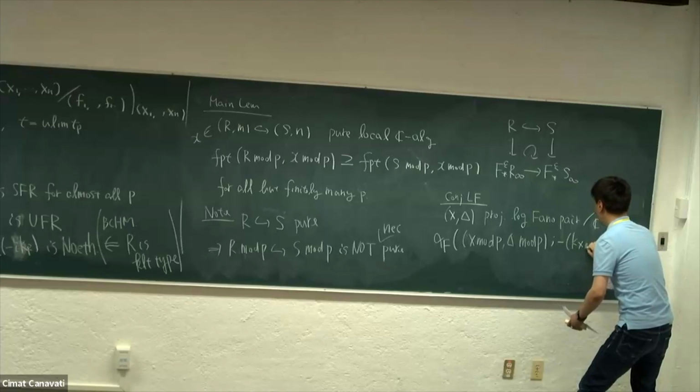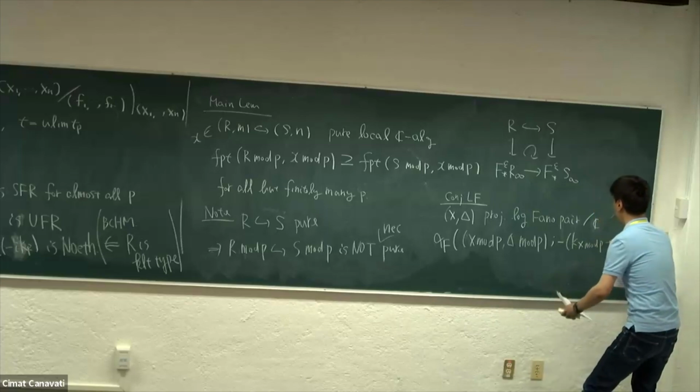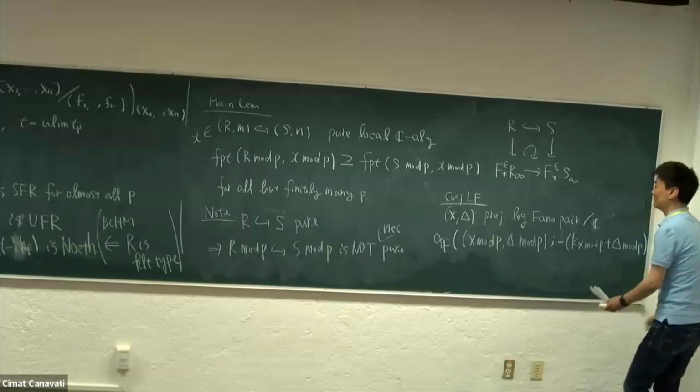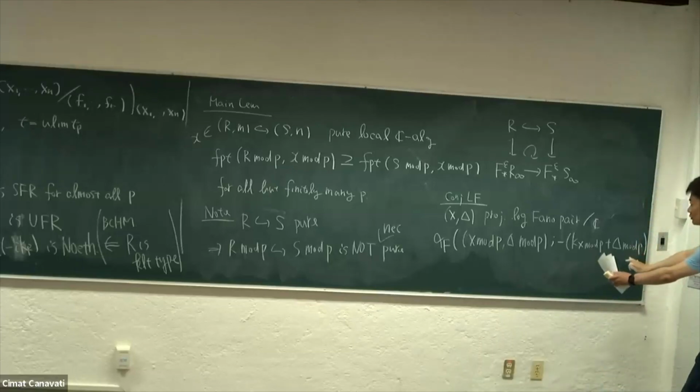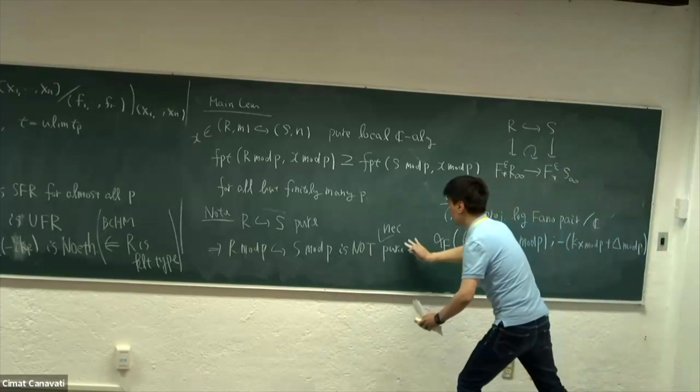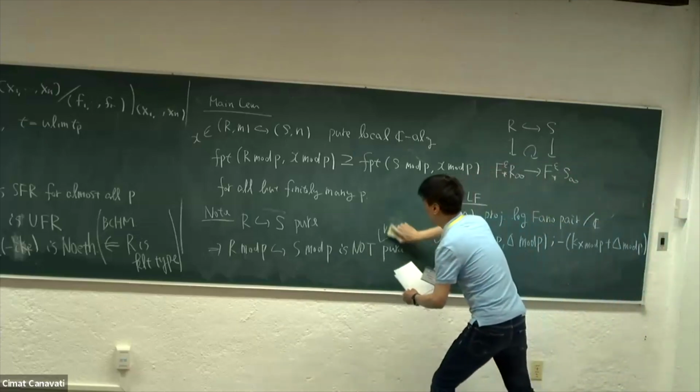Yeah, I don't give a definition of it. But I guess you can imagine somehow. You can consider this kind of Frobenius alpha invariant in positive characteristic. So then, my conjecture here